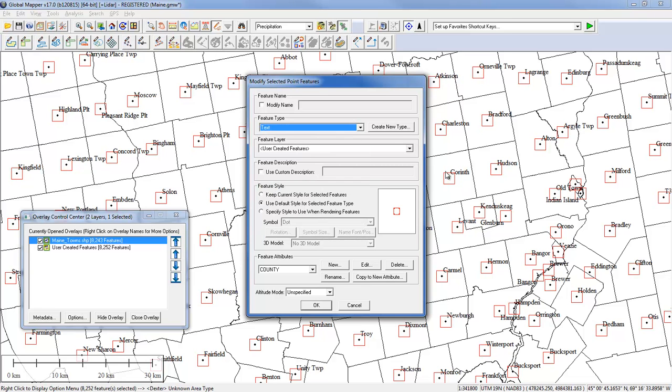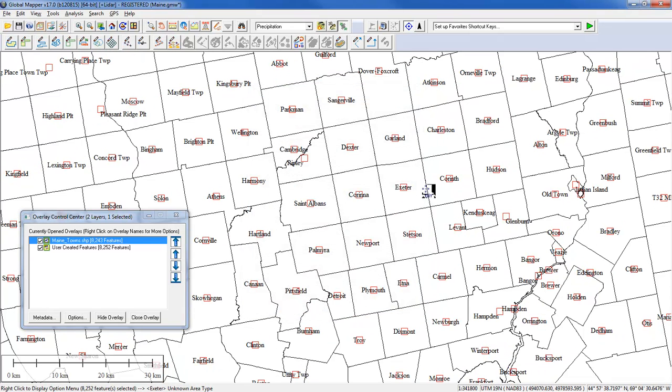Let's take a look at Corinth here, just to the right of the dialog box. If we look at Corinth while I click OK, you'll notice that it jumps right in. Although the red box is still there, that's a box indicating the original location of the point. There is no point in this case. There is no actual point location. So I'm going to hit the escape button to deselect, and I've now been able to create ultimately the same